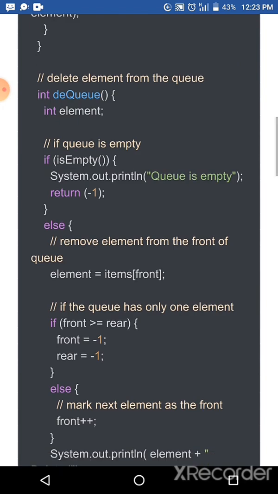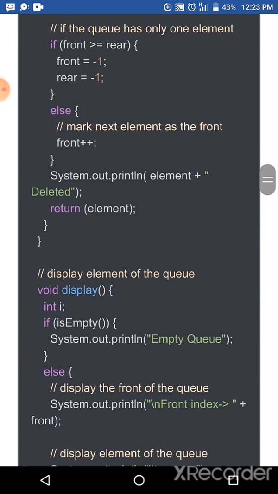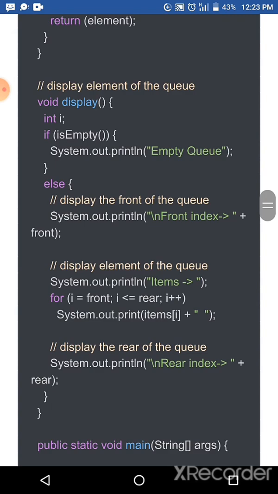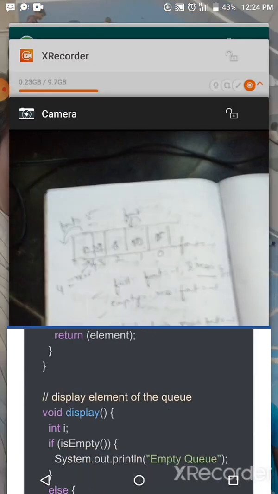Suppose you want to display the elements, how to display? If there are no elements, we cannot display. So here also we have to check the empty condition. If elements exist, from which end can we remove? From the front to the rear. So this condition also we have to check here. How to display values here?